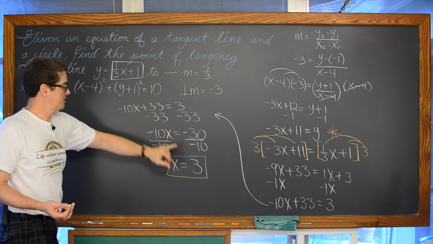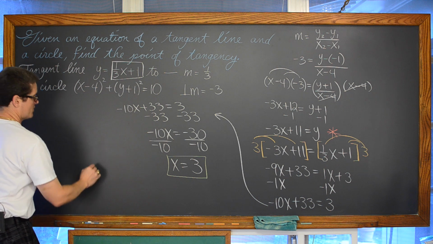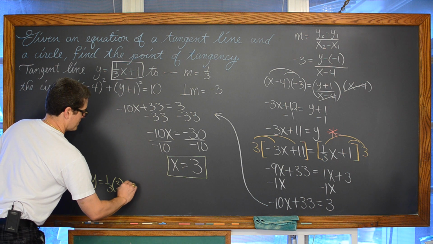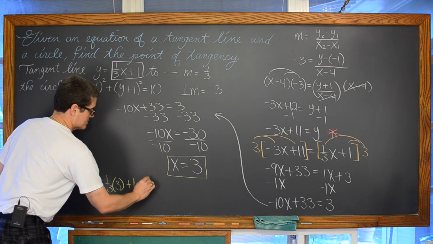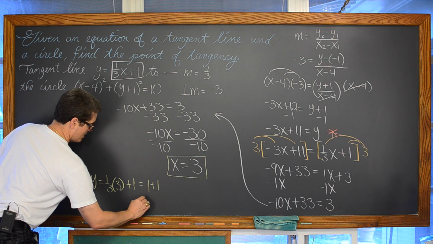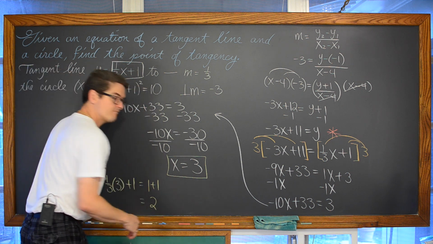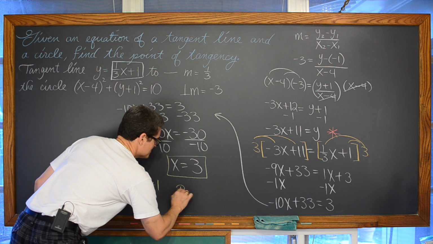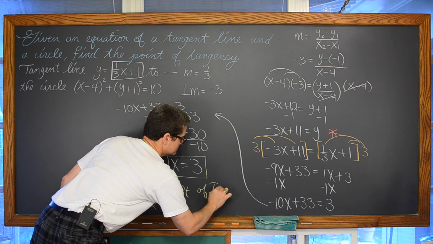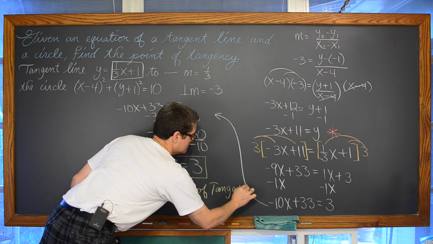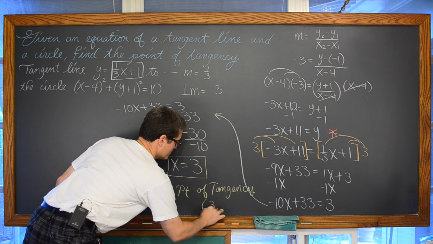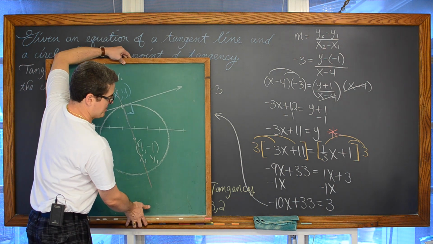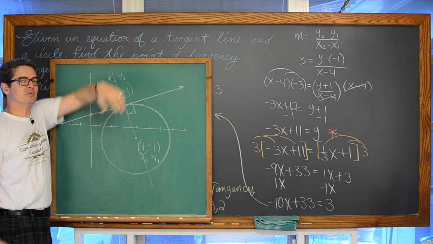So 1/3 of 3 is not going to be very hard to find. So I'm going to use this one. So we have y is equal to 1/3 of 3 plus 1, that's going to be 3 divided by 3, which is 1, plus 1, giving us a y value of 2. So the intersection point, as we knew in the beginning because we created this example together, the point of tangency is (3, 2). And if you remember from the diagram, my fancy picture-in-picture, there it is. We got the right answer.